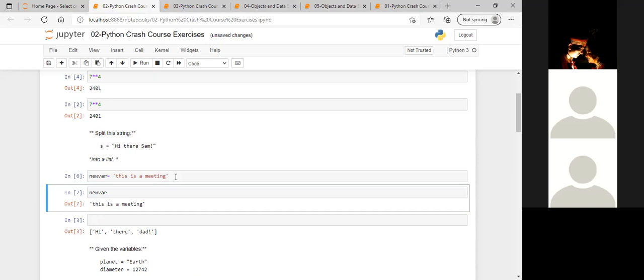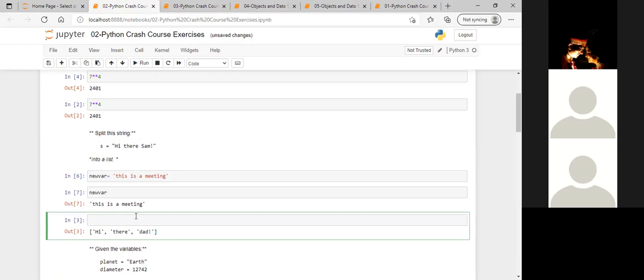Okay. And based on that, we form the meaning of the sentence. So for Python, space is a special character, just like A, B, C, D, any other character, space is a character. So I can split. I can ask Python to cut the string wherever it finds a space.